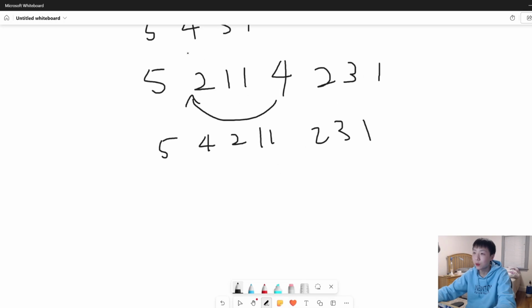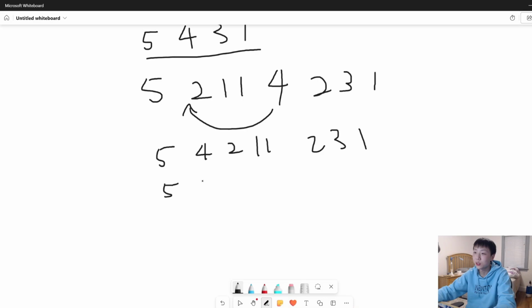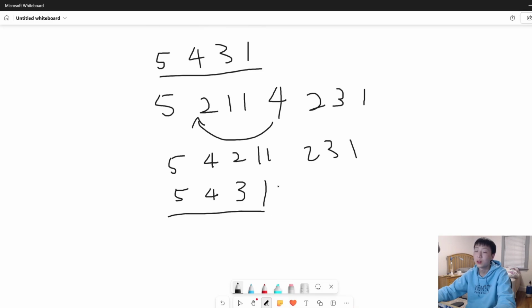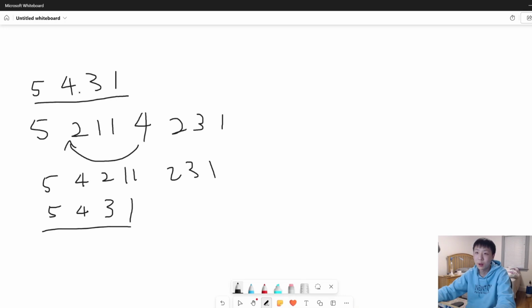So now let's run the algorithm again over here. So we will obviously take 5, obviously take 4. And now if we look, all of this stuff, the biggest is 3. We just take 3. Okay, we have another 1, we take 1. Oh, looks like it's the same again. So is this our final answer? No, it's not. There's a little trick here that you can do to get an even better result than 5,